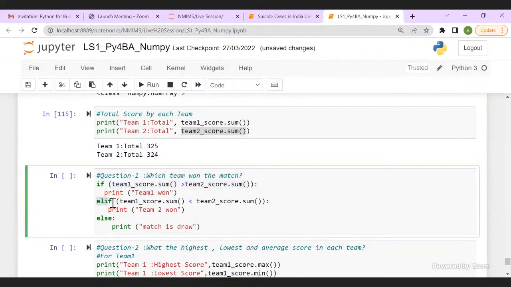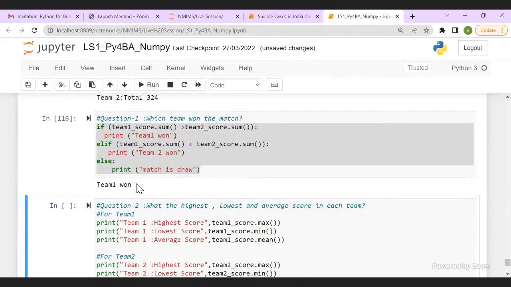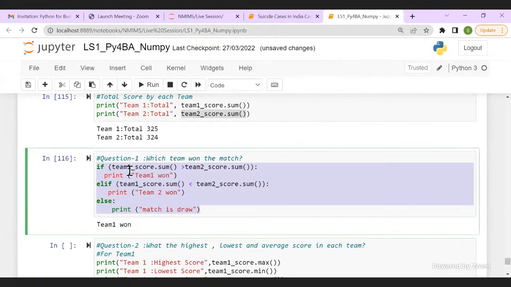Elif, remember, if team 1 score is less than team 2 score, team 2 has won, and if none of the conditions is true, that means the match was a draw. So let's find out the answer. Team 1 has won. Okay, it is a simple if statement. Team 1 score, invoking the sum.